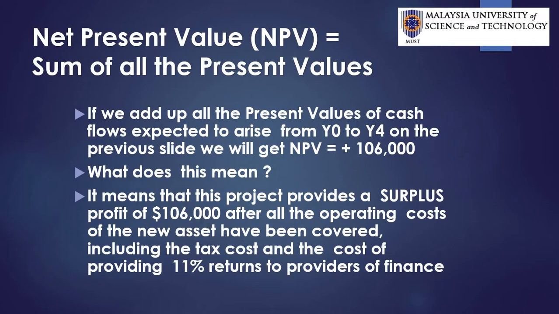So if I asked you, does this project give the 11% return that we want? The answer should be yes, of course it does. It gives you 11% return and a bit more than that. It actually gives you a surplus of 106,000